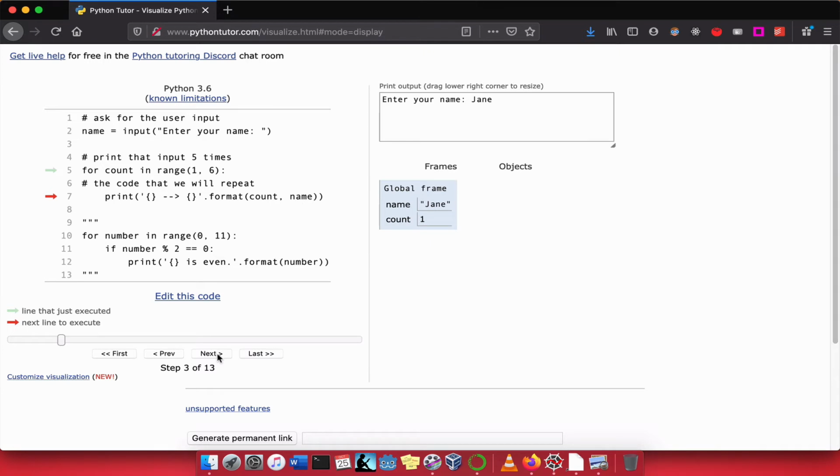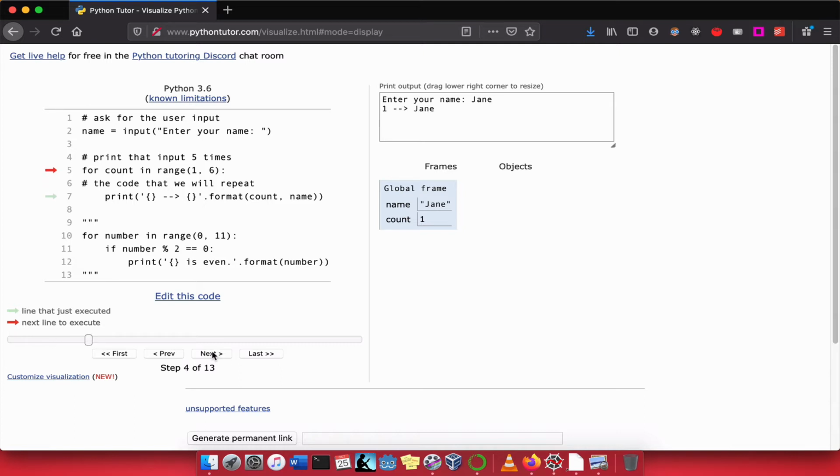Okay. And so we have that count as 1. Remember, we said that we'll have a list that has 1, 2, 3, 4, 5. So currently, Python knows that it should repeat this task once. So line 7 will be executed here. And then notice, right, let me go back. Notice that we jump back after executing line 7, we go back to the beginning of the for loop, line